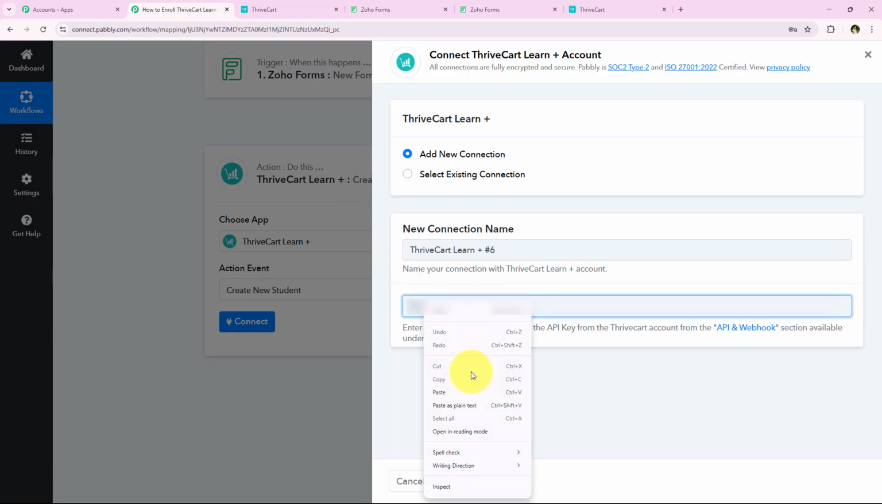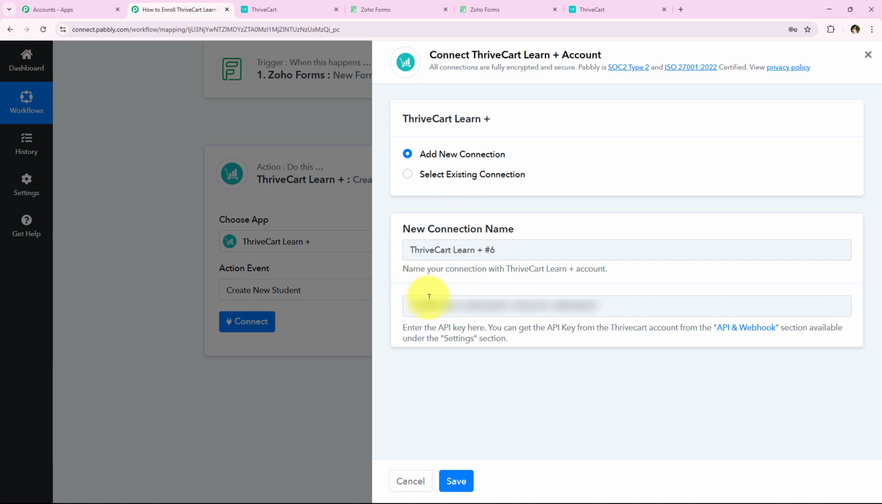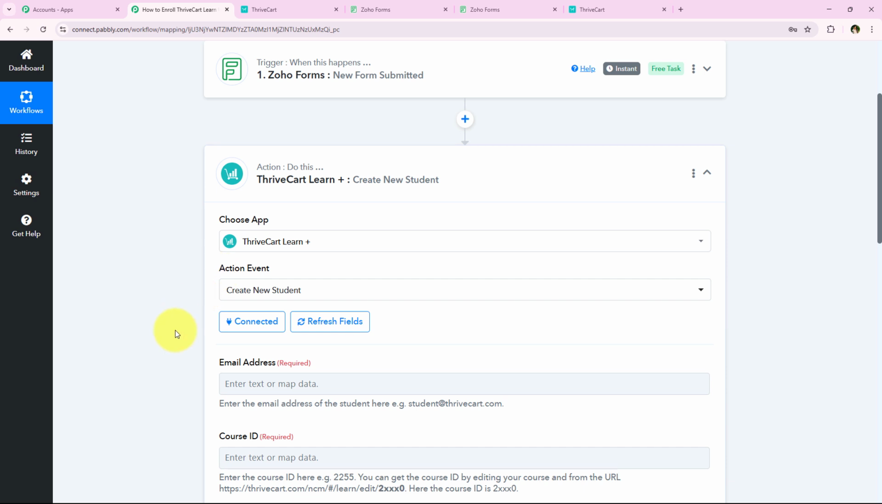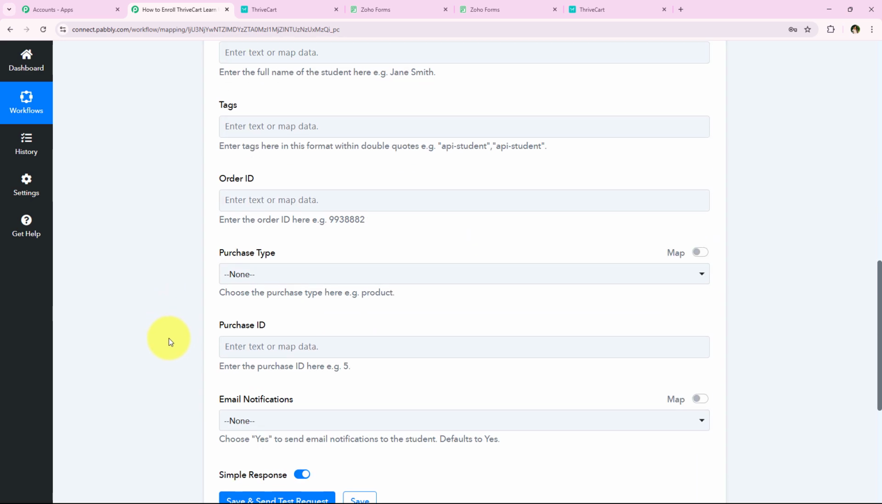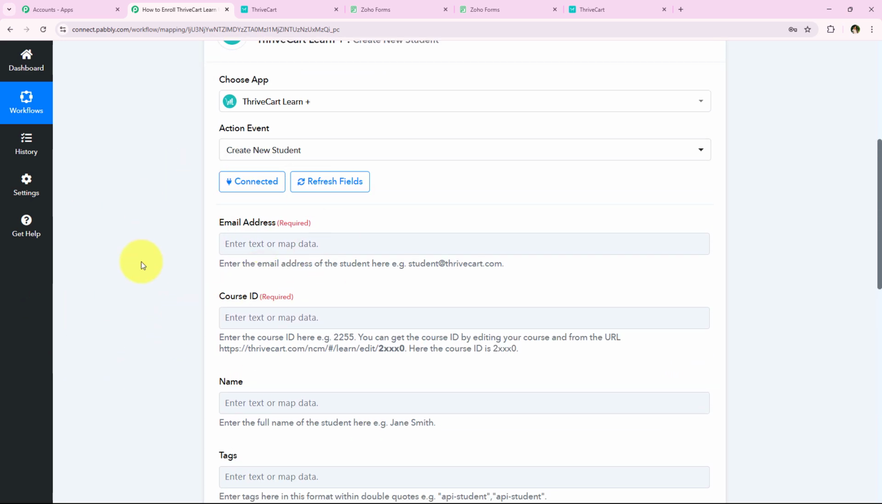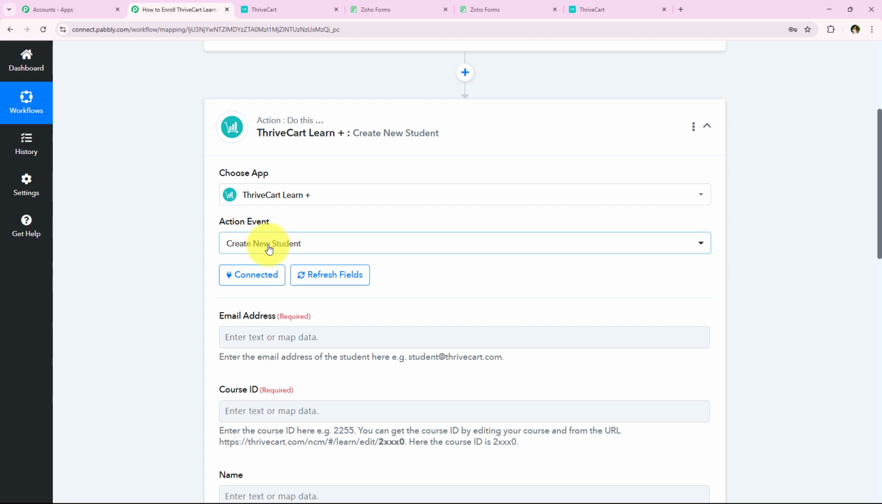And then we are simply going to paste it right over here in our Pabbly Connect's workflow. And after doing this, we simply have to click on this save. And yes, you can see that with this, we have successfully connected our ThriveCart Learn account with our Pabbly Connect's account. So yes, now we are going to move on forward. It is asking me for the email address and many other details. So yes, I'm just going to enter all of my details in order to create a new student in my